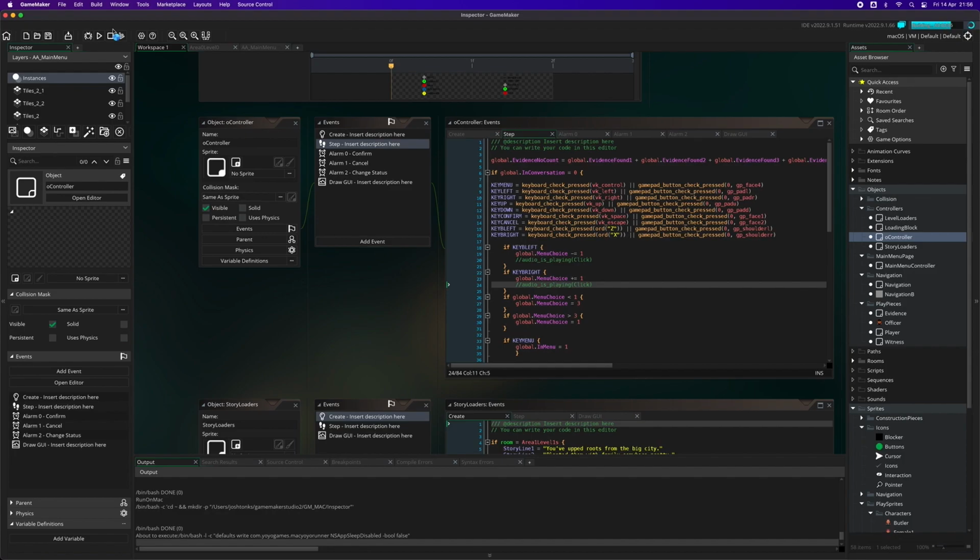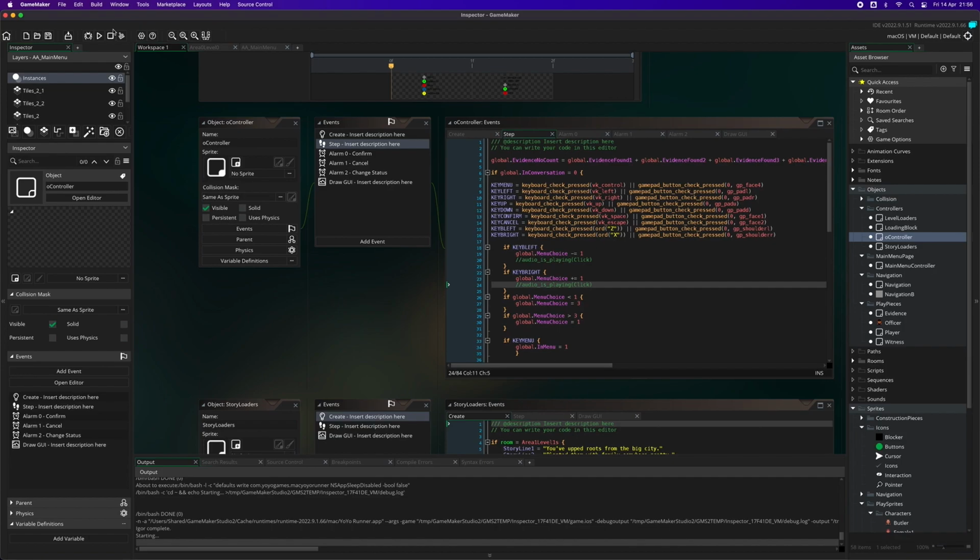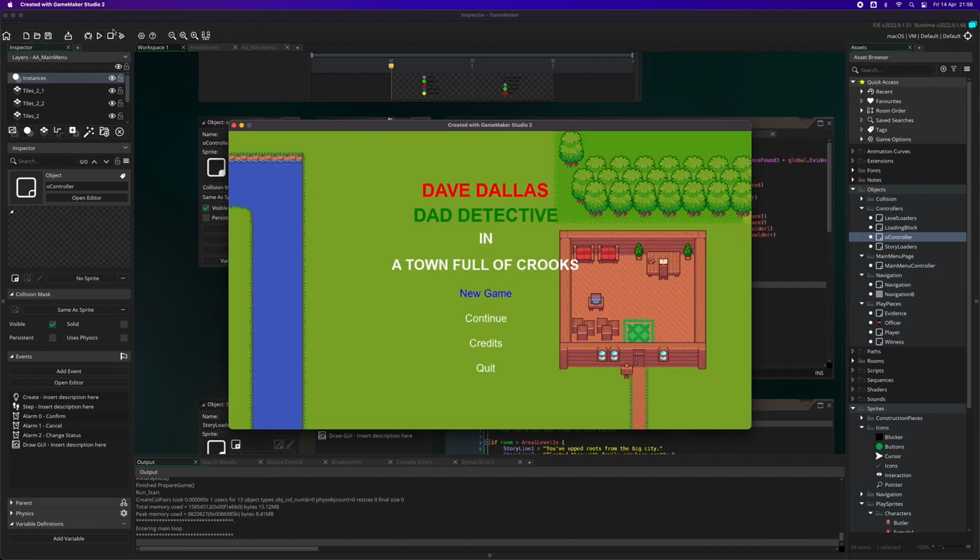But this is an investigation game. At the time, I think I'd been playing a few of these detective games, and I thought, oh, you know what? I'll make something. So, as you can see, this is Dave Dallas, Dad Detective, in a town full of crooks. So, a new game,